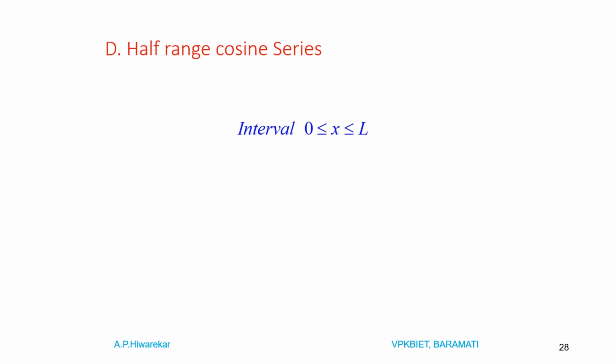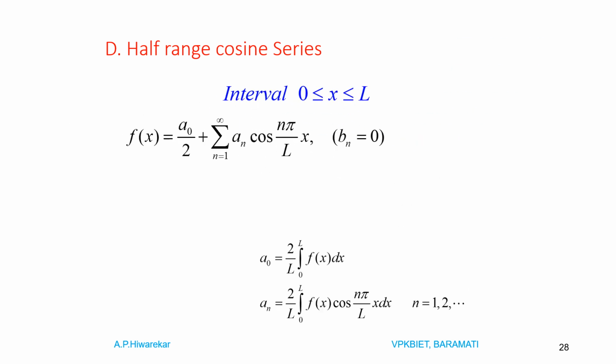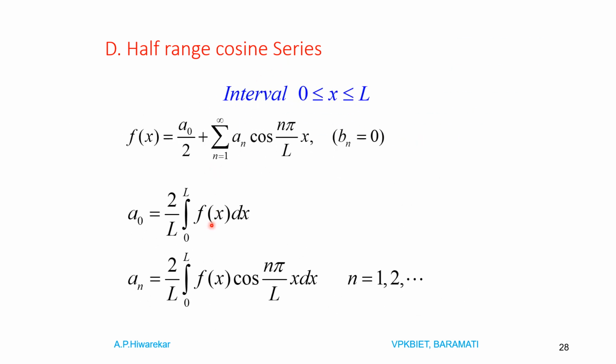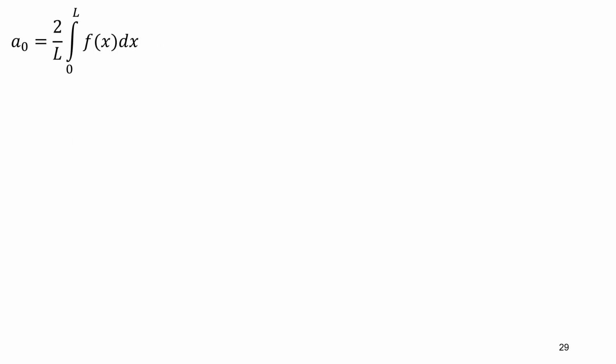So these are formulas for f(x), a0 and an, and in this case the value of bn is 0. So we first calculate the value of a0. We have the given function f(x) as x square, 0 less than x less than pi. So we first calculate the L value. The length of the interval is pi, so L is pi. So a0 will be 2 by pi,